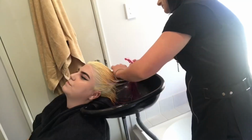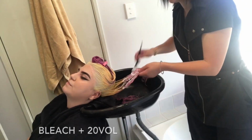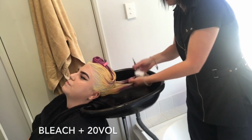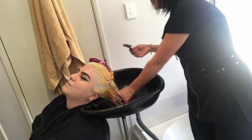So what I've done here is rinsed it out, given it one shampoo. I've applied some conditioner as well and combed it through before I've done this. And now I'm applying some bleach and 20 vol to wet hair, just so that this is going to act a little bit like a bleach bath. Because I did my strand test, I know that the bleach method did work. So now I'm going in